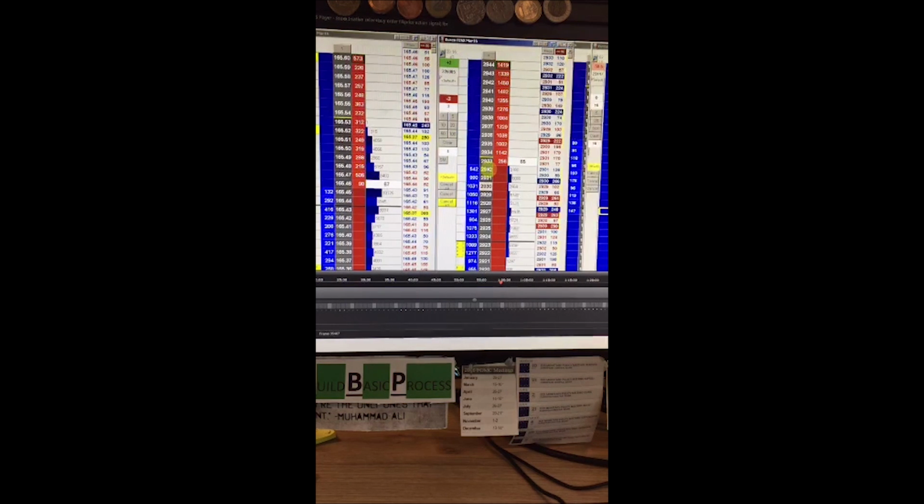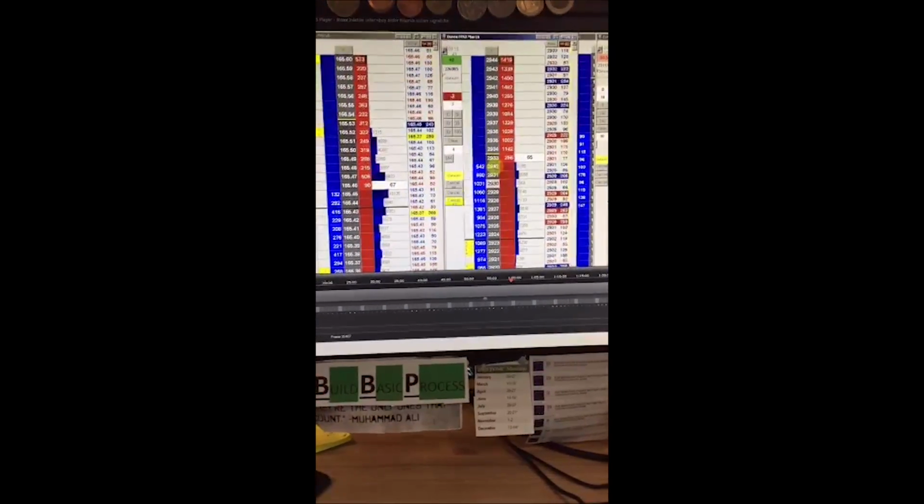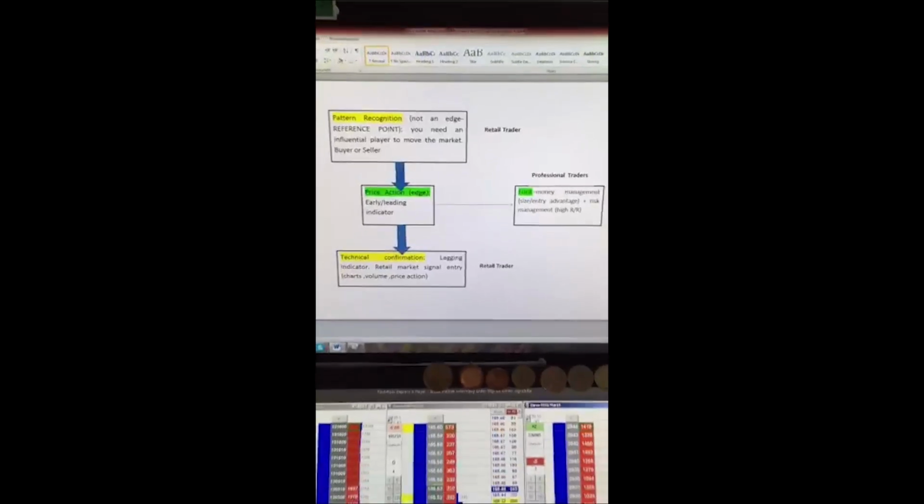So where we're going to start, very briefly, it's not going to be too long. What I want to do is, I actually posted this a bit earlier. I'm just going to quickly move this ladder up. So what we're going to talk about is effectively this little tweet I posted.